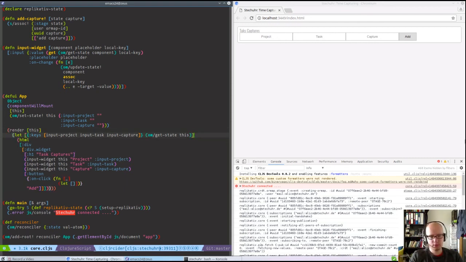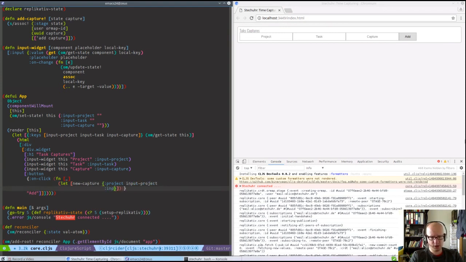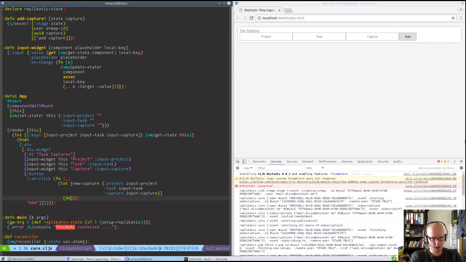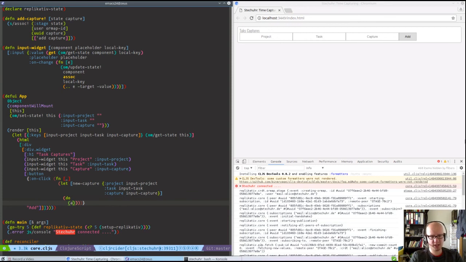Okay, so now we have the new capture. That's basically it, it will be really simple. So task is no, not task. So this way, input task, and capture will be input capture. Yes? Yes. Okay. And then we will just add this to the